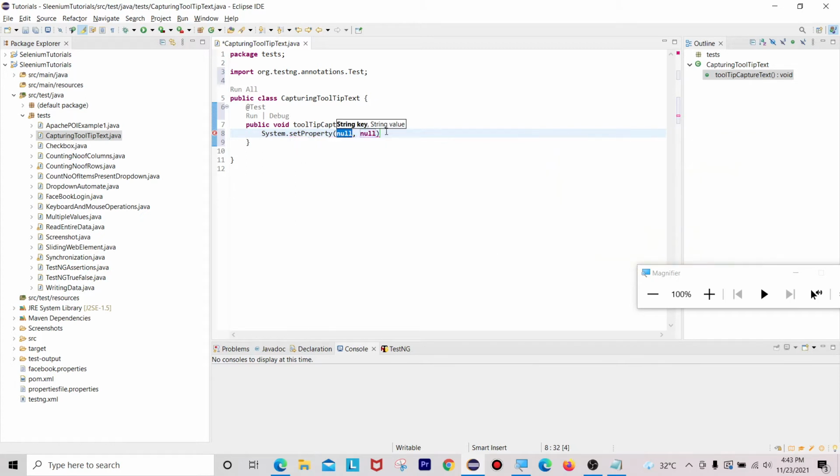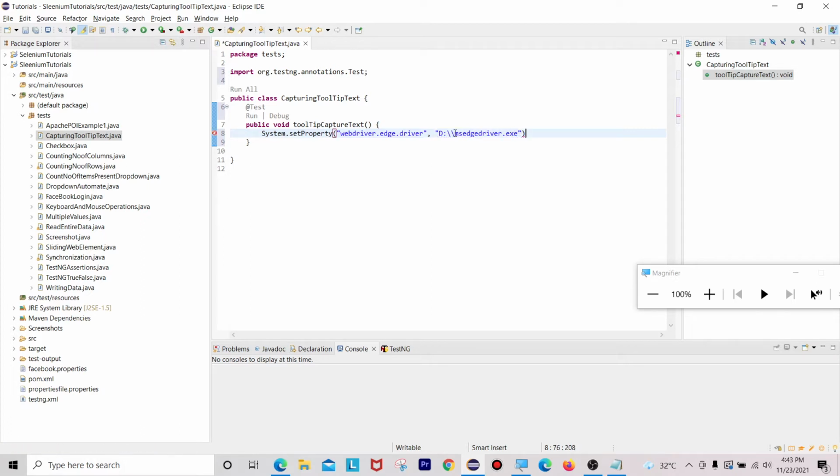Here my key is webdriver.edge.driver, and the value is where my driver is located. My driver is located in the D drive, and the driver file name is msedgedriver.exe.